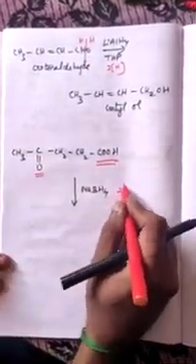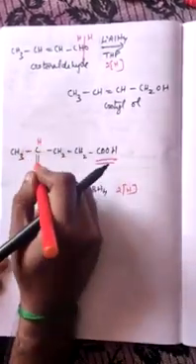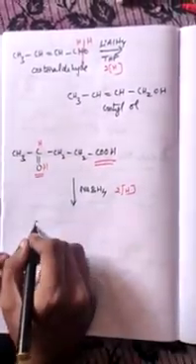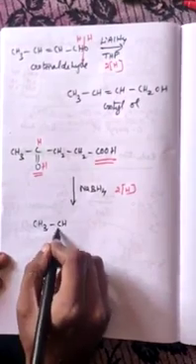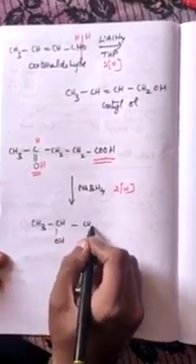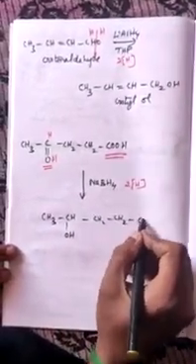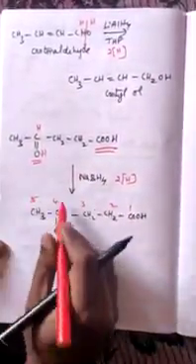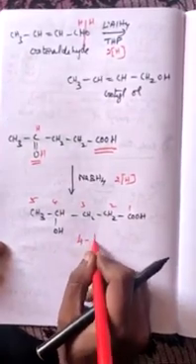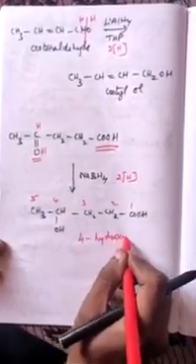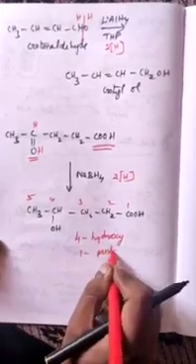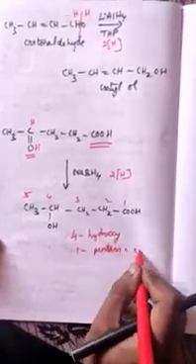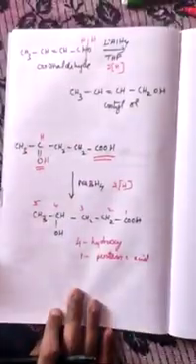So it will give 2 nascent hydrogen, which get added like this. What is the product? CH3-CHOH-CH2-CH2-COOH. What is the name of this compound? 1, 2, 3, 4, 5. On the fourth carbon we have an OH. So it is 4-hydroxypentanoic acid. So these are the different methods to prepare alcohol. Thank you.